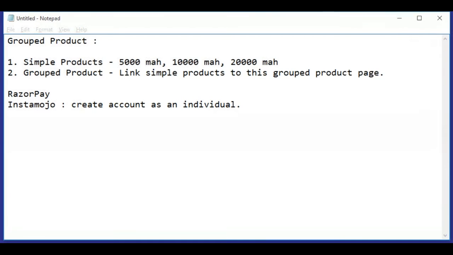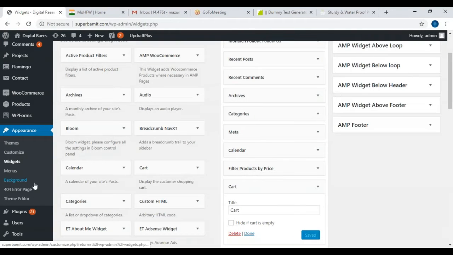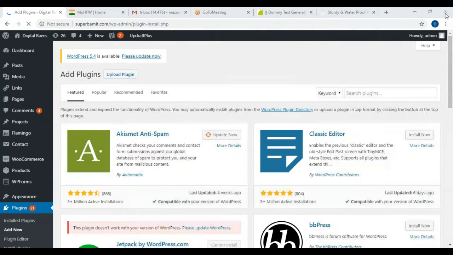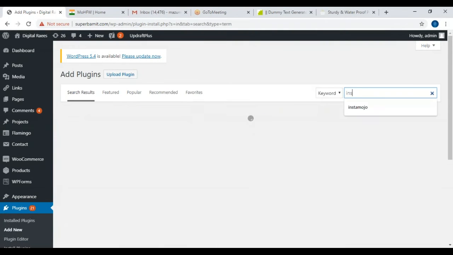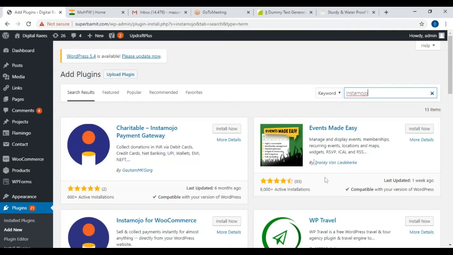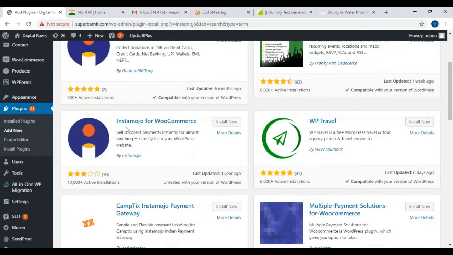Now for this, we have to install a plugin. So say I want InstaMojo. You have to search for InstaMojo for WooCommerce.